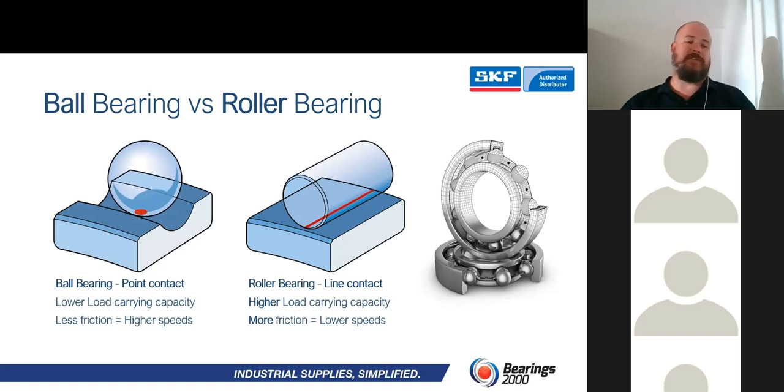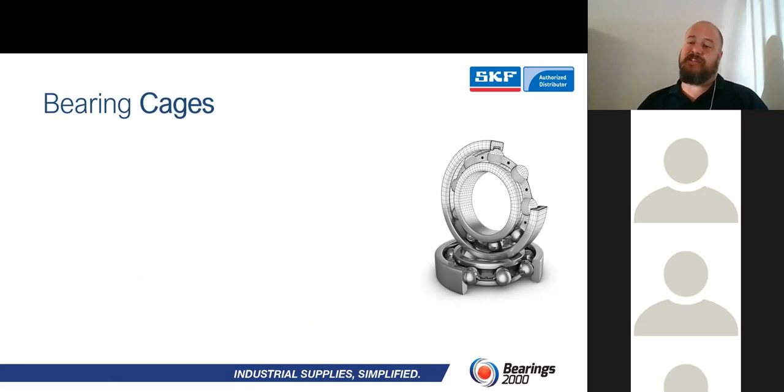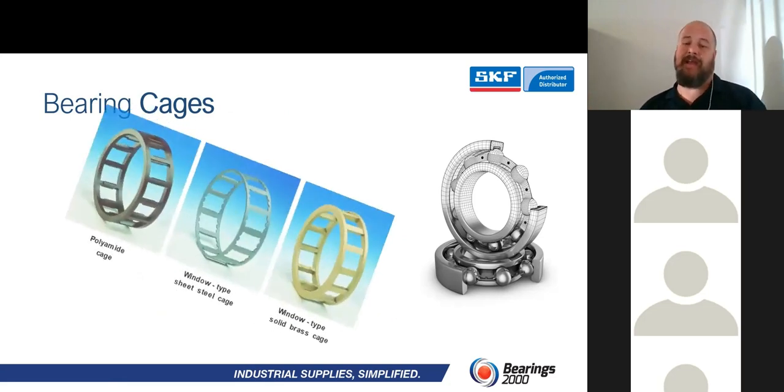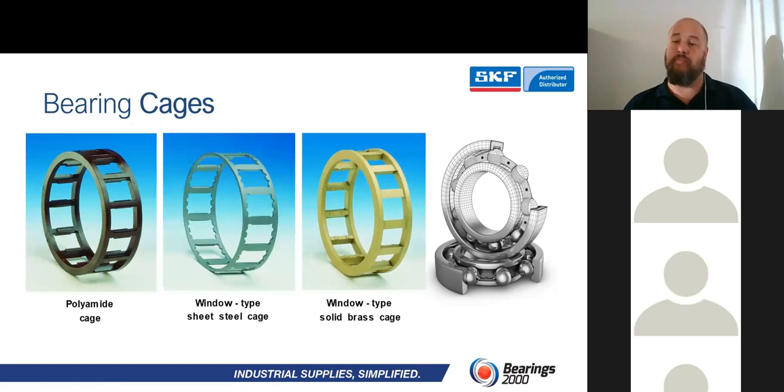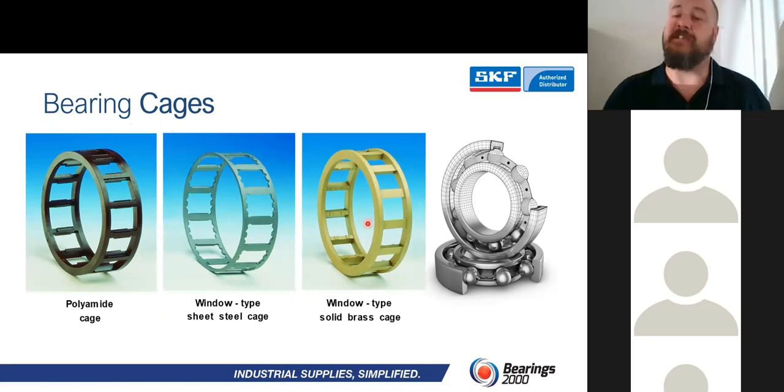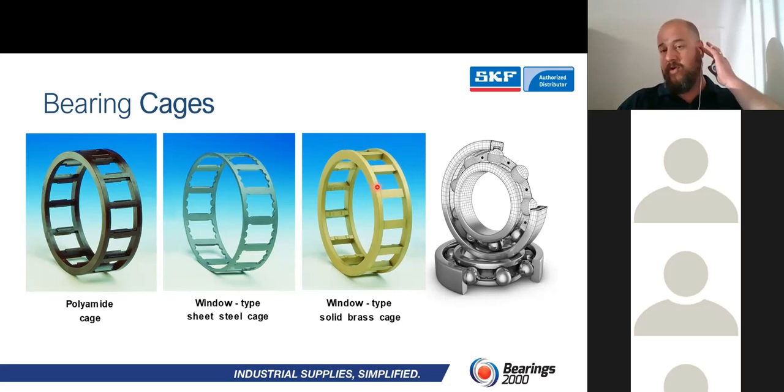Okay, so that is the main criteria when we look at putting a bearing into an application: what the capabilities of that unit would be. When we look at the cages itself, a lot of you would know that you get some of them referred to as plastic cages. It's actually a polyamide cage. You get your steel cage and you get your brass cage. Now, brass cages are machined from solid brass, so that is, of course, a more expensive unit. But each one of these does have a function within each industry.